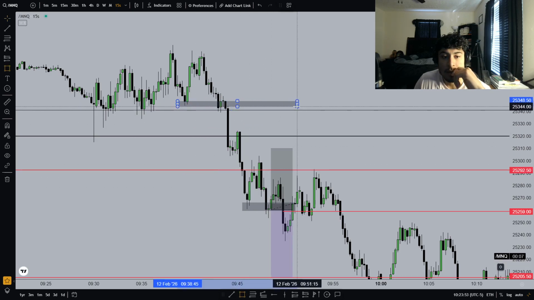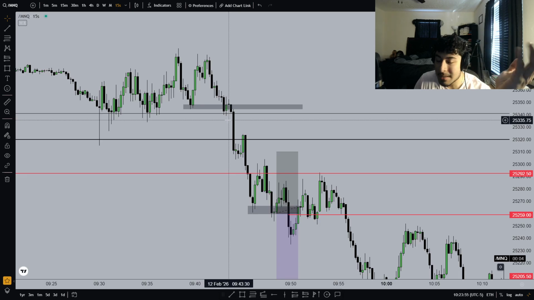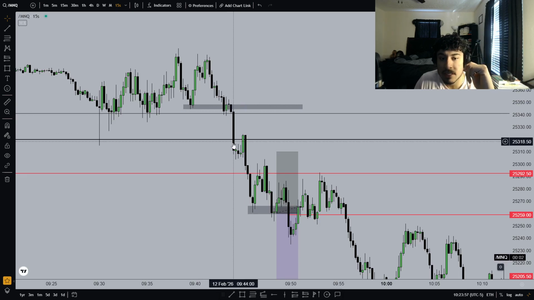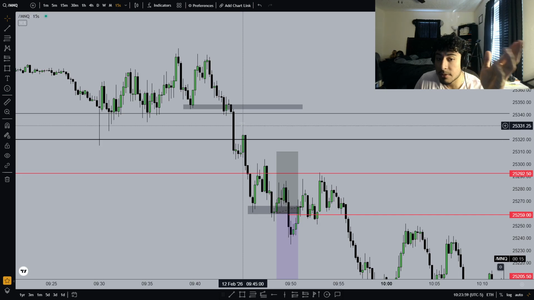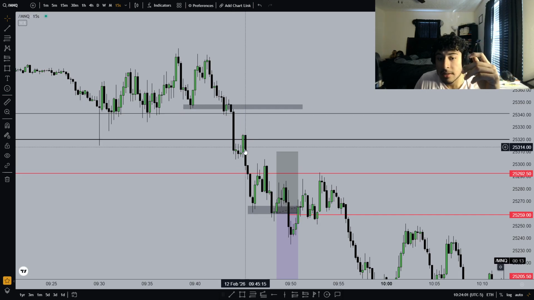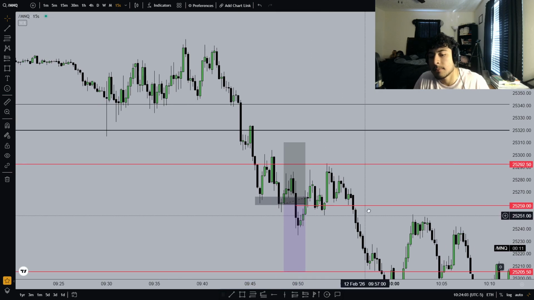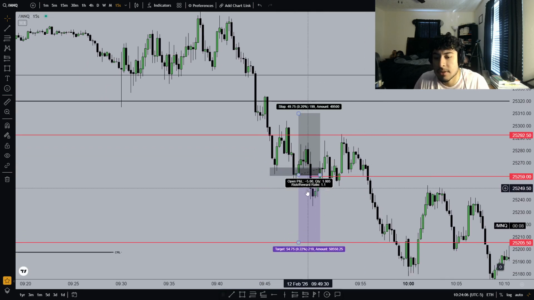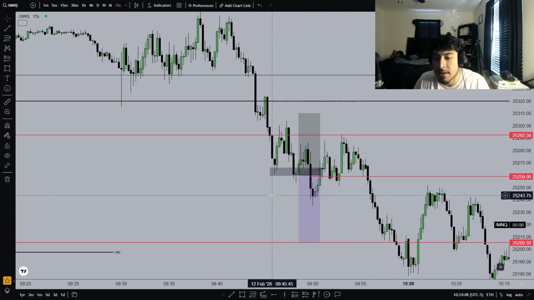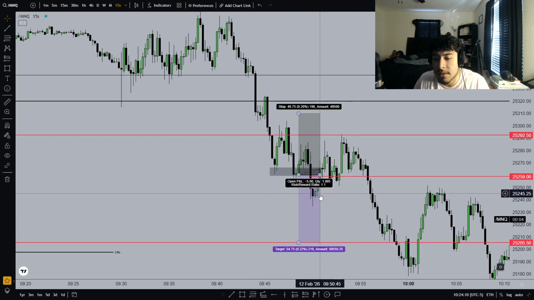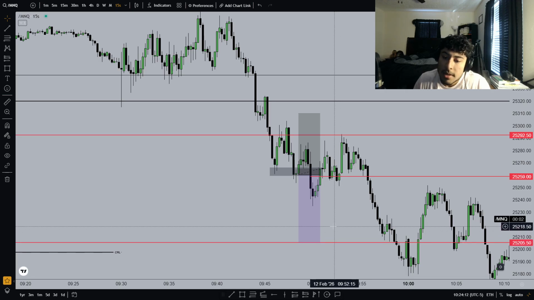Not a breakout trader, but whenever you break through a key level, you want to see strong displacement. You can have a small retracement, but you don't want to see it all the way back up here, and then you want to see a strong continuation lower. And that's what I wanted to see. I wanted to see this little fair value up here that we have redelivered back up into, and then eventually have a strong continuation lower. But it is what it is.